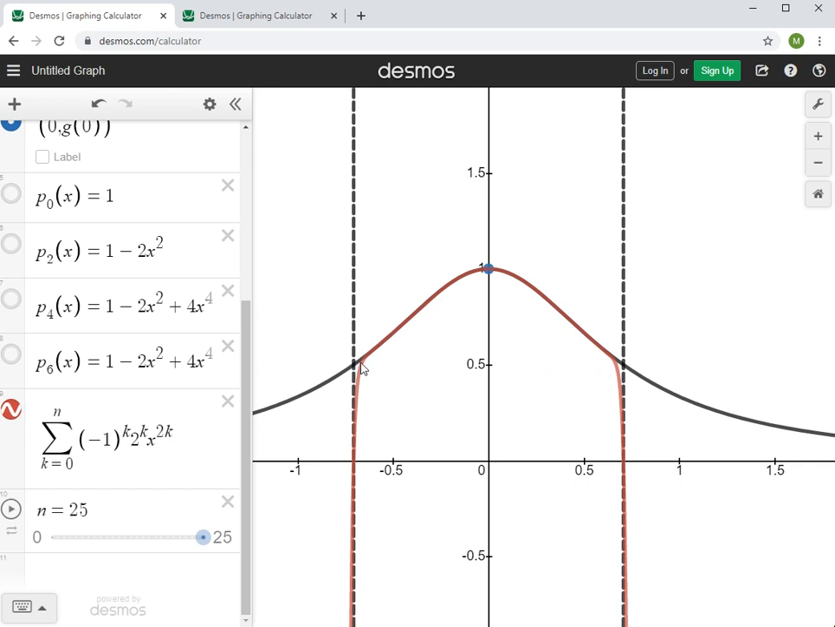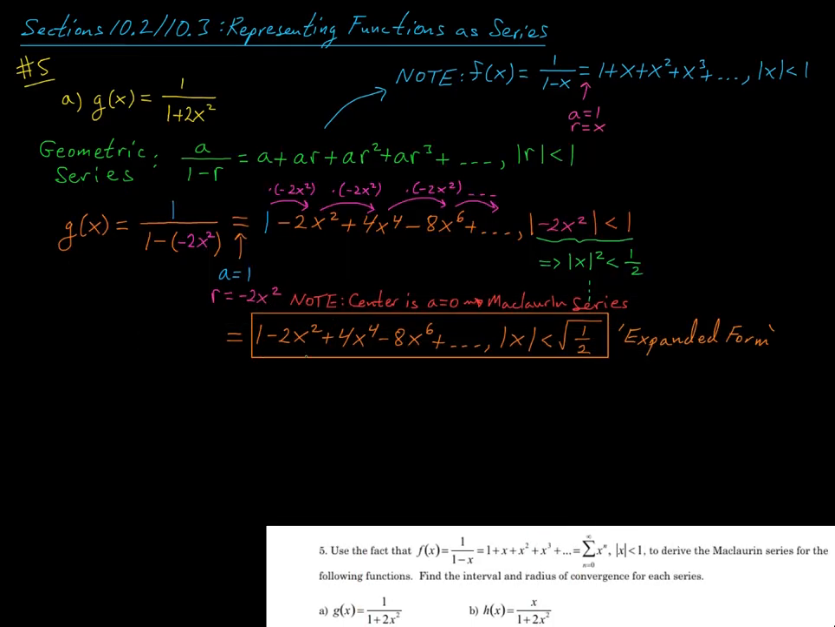Or put another way, we're getting convergence on this interval where x is strictly less than the root of a half in absolute value, but outside that interval the approximations break down. So we get convergence to our function g of x on this interval. All right, very good. Now, this is what I'll call the expanded form of the Maclaurin series, but I can